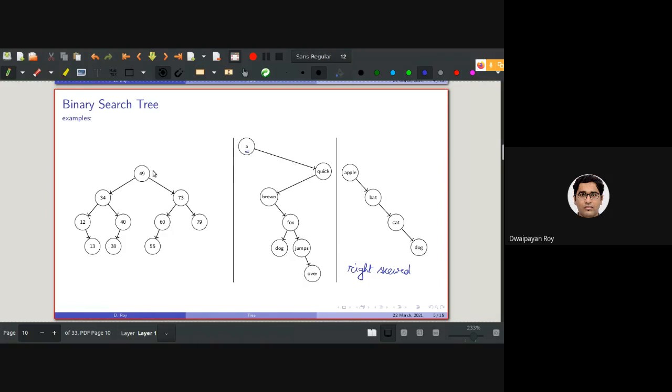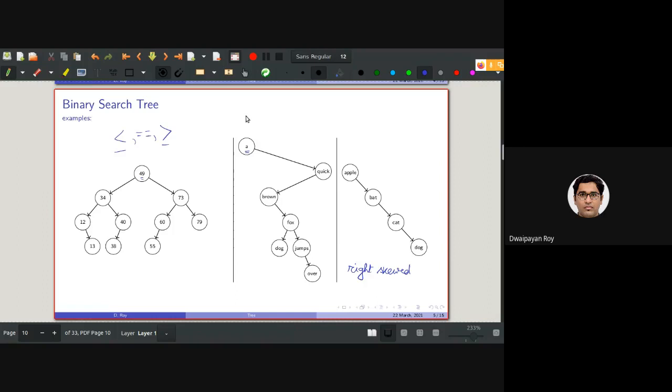Another thing is, for integers we can of course compare using the greater than, equals to, and less than operators. So what is the way of comparing two strings? Can you say?